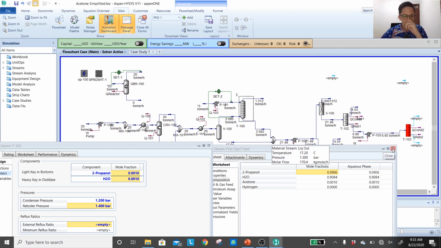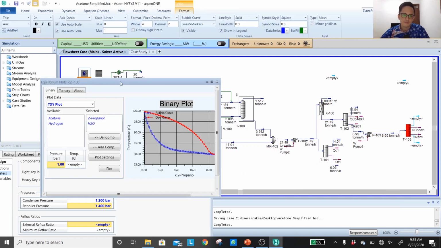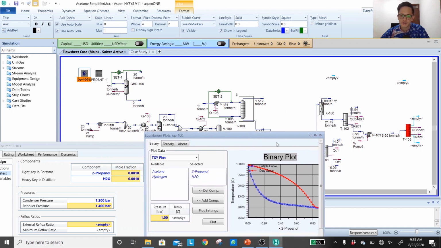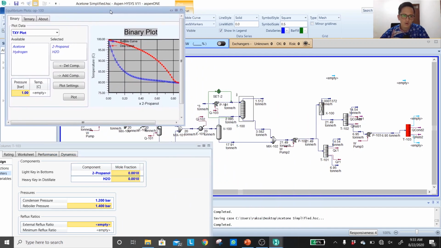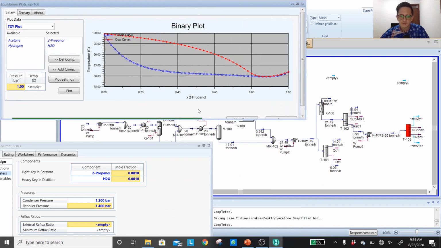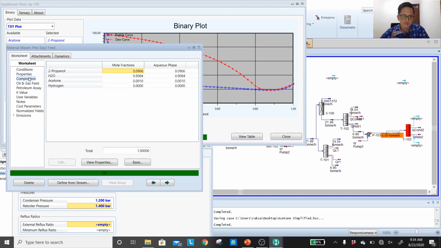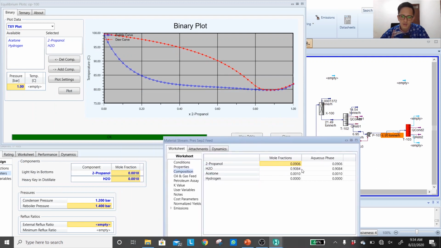Okay, and also I want to remind you that we are dealing with an azeotrope condition. So check where our location is on this azeotropic chart. We send the feed of the second distillation column at 90% of water, at 10% of propanol. That means it's going to be around here, 0.9